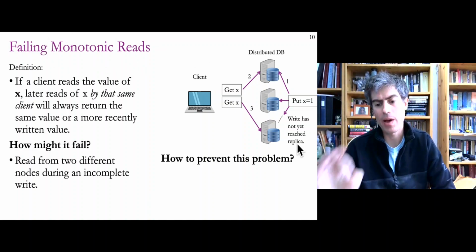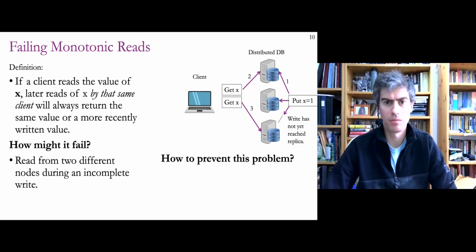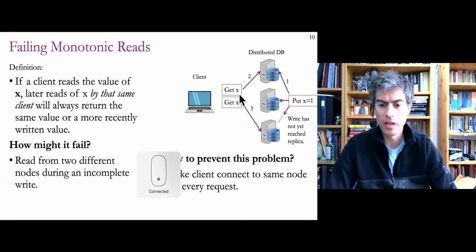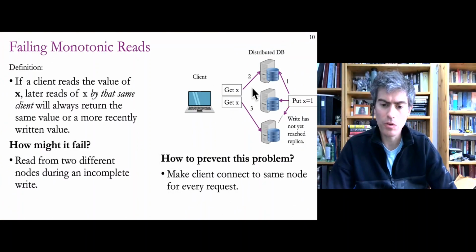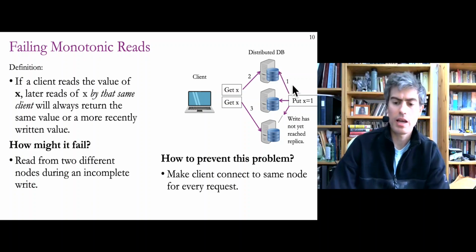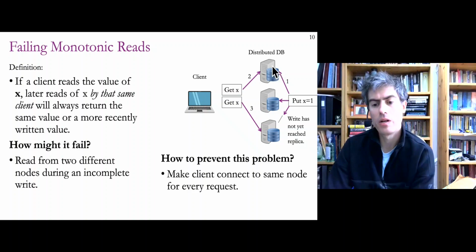I want you to think for a second about how to prevent this problem now by changing some aspect of the system. Okay, so you might come up with a variety of solutions. So one solution might be to force the client to always connect to the same node, right? If this client always connects to this first node, it's not possible for, even if there's a write, regardless of what writes are happening, this node will either get that new write or not,